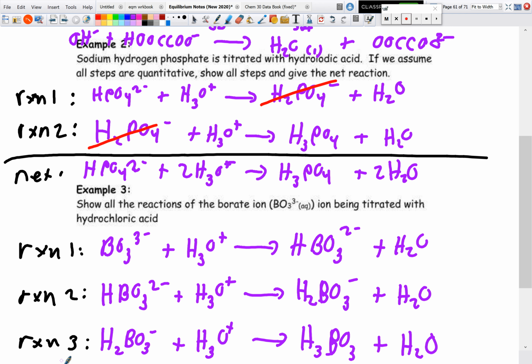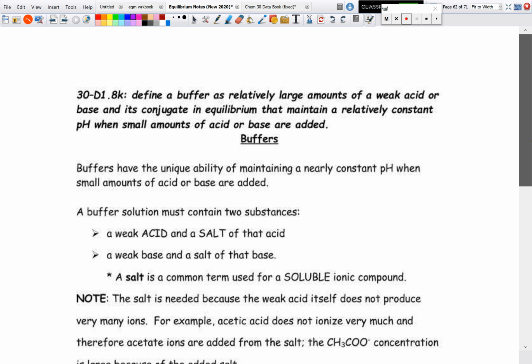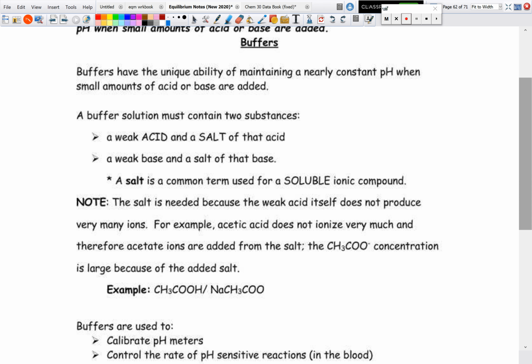Now you will notice that we're reacting with H3O+ because we have hydroiodic acid for example 2, hydrochloric acid in example 3. These are strong acids, and remember with strong acids, when we write them out in entities, it's H3O+. Now, the whole reason I wanted to introduce this whole monoprotic and diprotic bases and acids, specifically those weak ones,